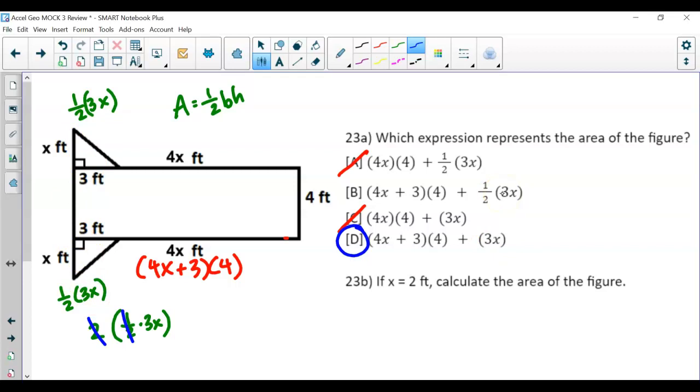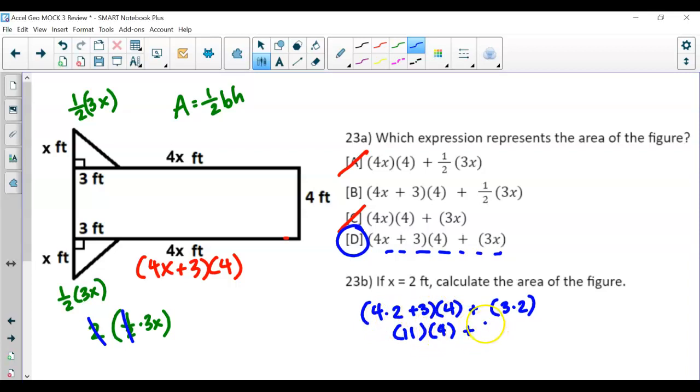So if we wanted to know, let's say x is 2 feet, then what's the area? Then we can just now use this expression and plug in x by 2. So 4 times 2 plus 3, times 4, plus 3 times 2. So here we've got 11 from 4 times 2, which is 8, plus 3, 11, times 4, plus 6 from 3 times 2. So 44 plus 6, giving you an area of 50 square